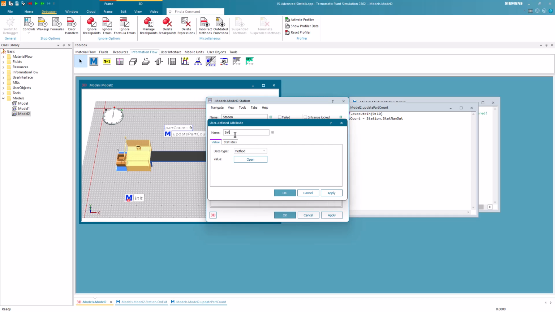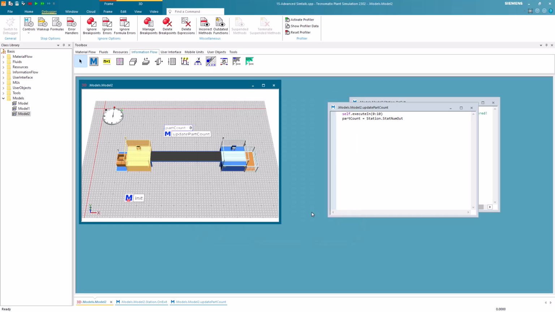If you create a method object and call it init as we did, then this init object will be recognized by Plant Simulation as the init method of the frame. You can also create an init method as a user-defined attribute of the frame. However, this is only supported for historical reasons and should not be preferred.